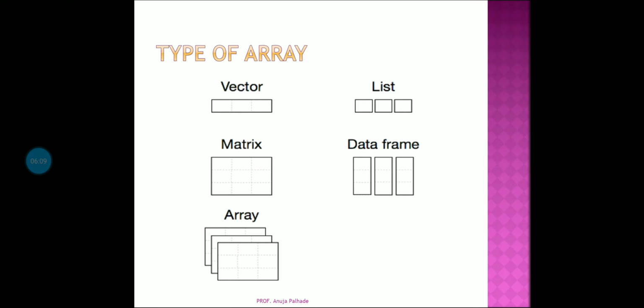But these 3 types of array can be implemented in different ways, meaning if you have to initialize an array with your programming language, you can initialize it as a vector, as a matrix, as a multi-dimensional array, as a data frame, or as a linked list also. Okay, so using a linked list also you can implement the array. You can see this type is the single dimensional array, matrices and data frame are the 2-dimensional array, whereas this last image is a multi-dimensional array.